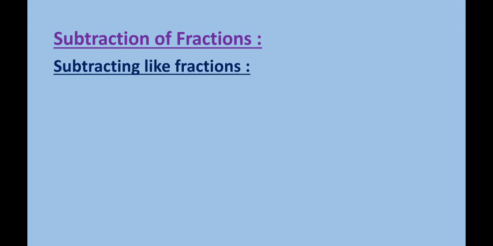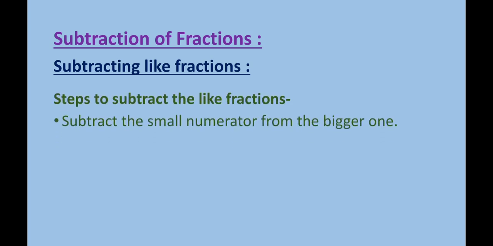Now come to subtraction of fractions. How to subtract fractions? First we will discuss subtracting like fractions. The steps are: first, we have to subtract the smaller numerator from the bigger one. Leave the common denominator the same, as you have already discussed for addition, so the denominator remains the same as both